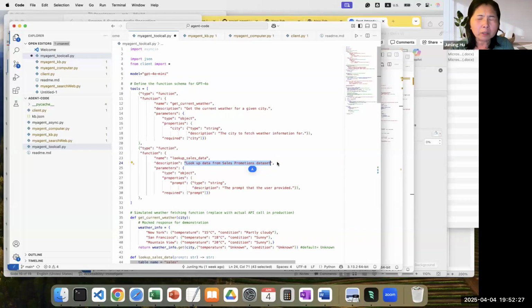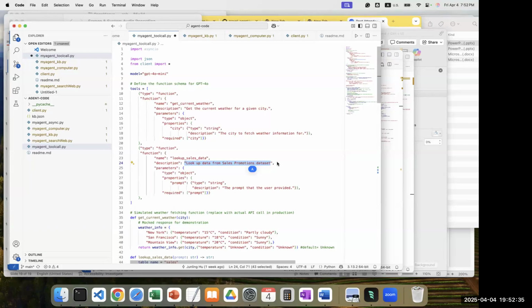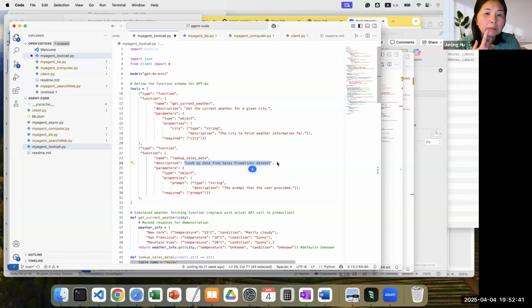The LLM is very smart. When we say city, even for the city there's a description. If we want to add something more generic or more specific, we have to describe it in the description, where we provide more details. Yeah, you can. This is the very beginning, a simple example.